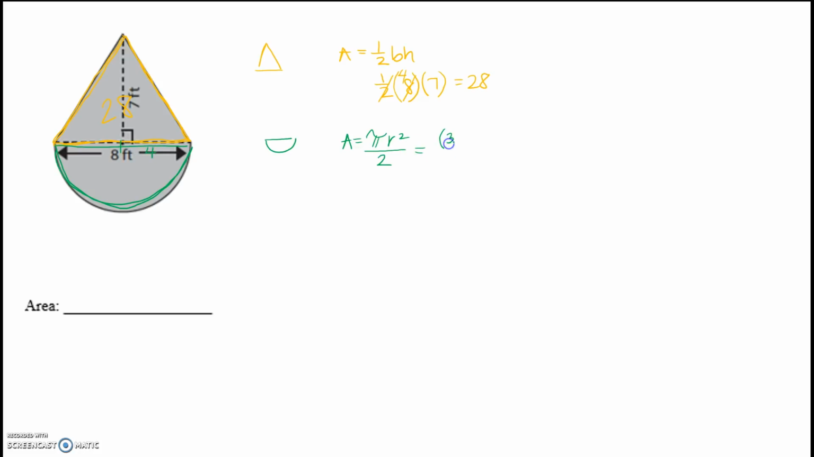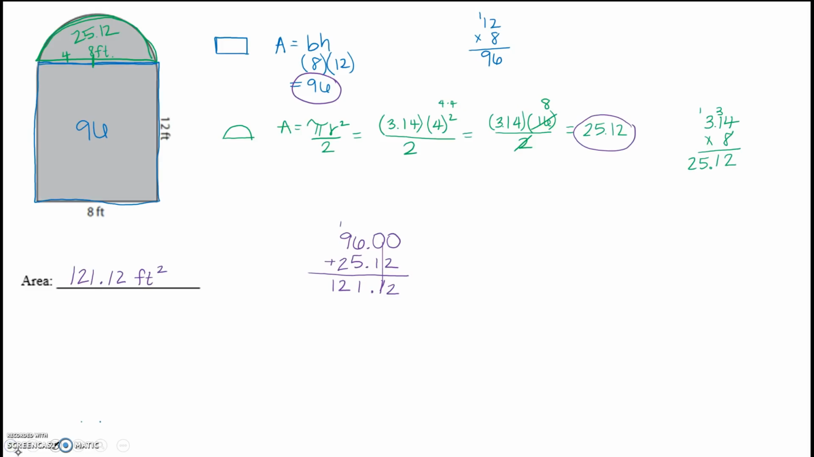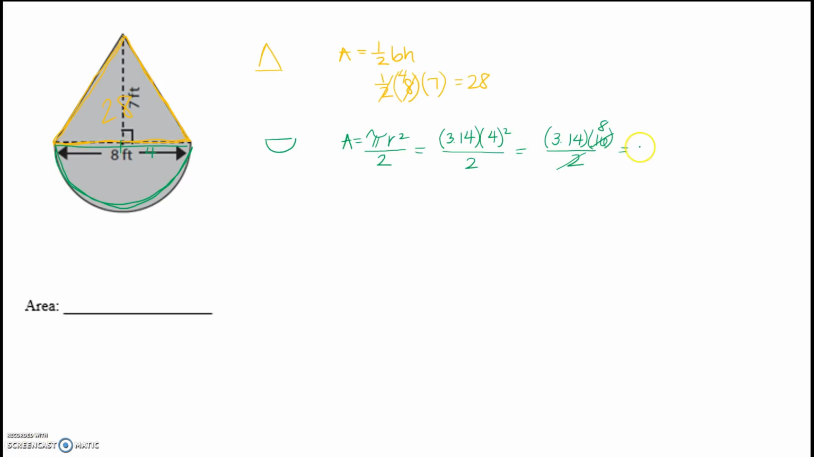So 3.14 times 4 squared divided by 2. I'm going to write it again, and I'm going to do my 4 squared is 16 divided by 2. I can cancel, that gives me 8. And guess what? We just did that exact calculation on the last problem. So it was